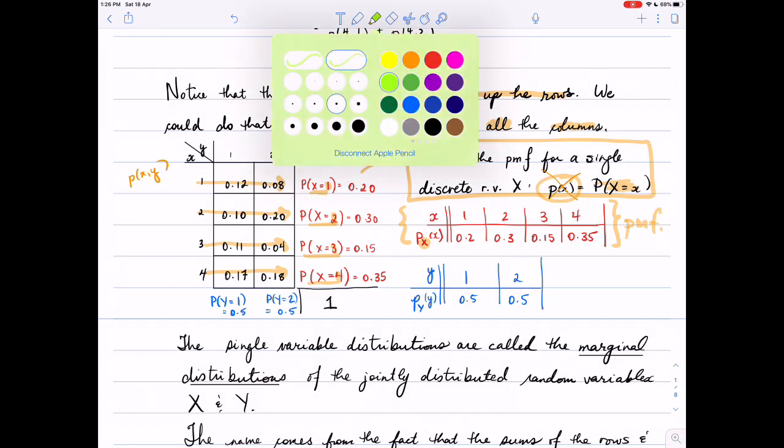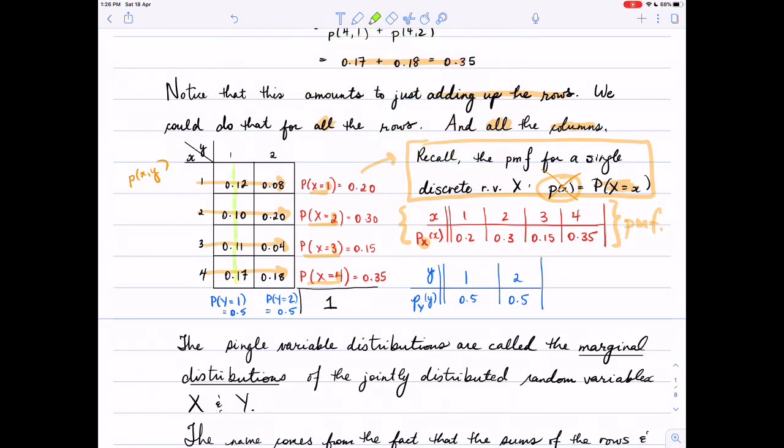And of course, there's nothing special about doing this with columns. If we add down the columns, so when Y equals 1, there are 4 possibilities. They are mutually exclusive and disjoint, so we can add them all up, and we get the probability that Y equals 1 turns out to be 0.5. Add up the second column when Y equals 2, and you get, incidentally, the same value here. That also is a probability mass function, but to be clear that these are y values, we call this p sub Y of y, and it is now a single